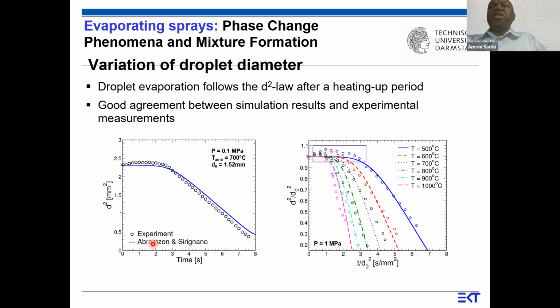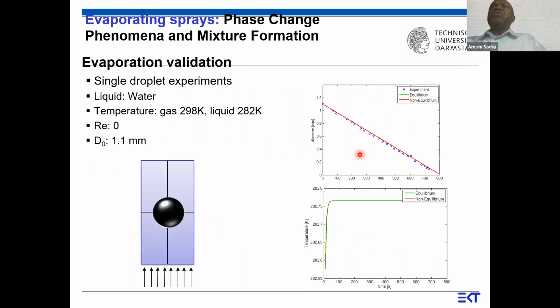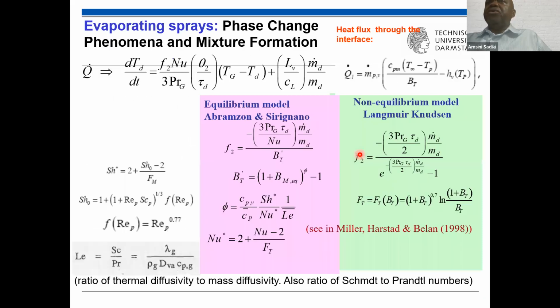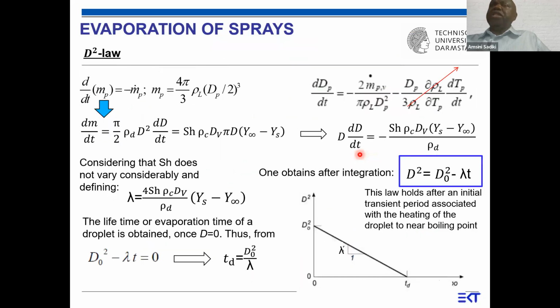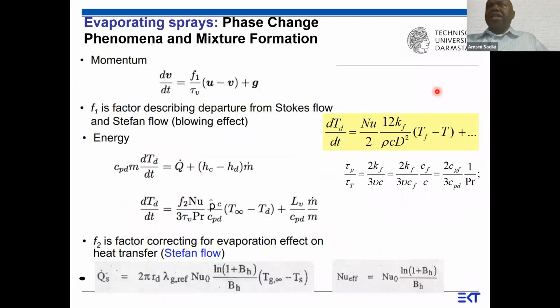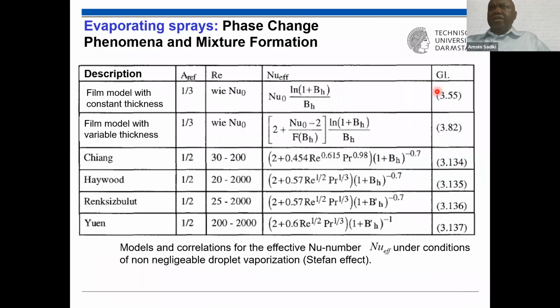Here we have usually the equilibrium model, and this startup part we could not obtain correctly because we have neglected this change of the density of the liquid with time as we did here. If we did not account for this term, we say that this density is constant. That is why we don't have this startup